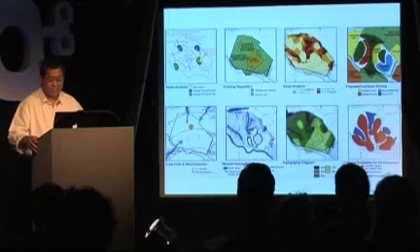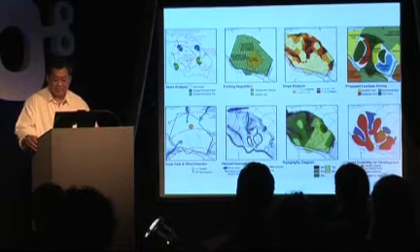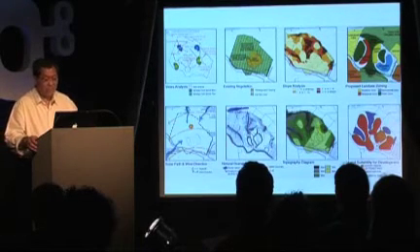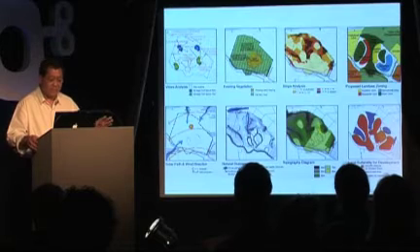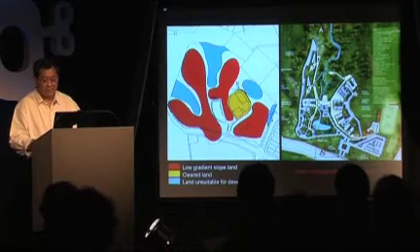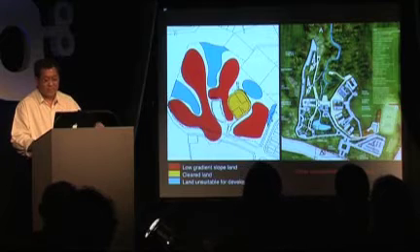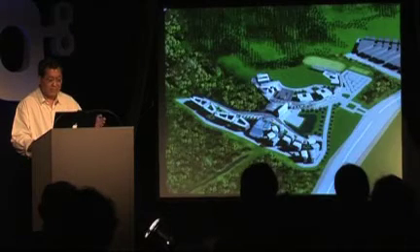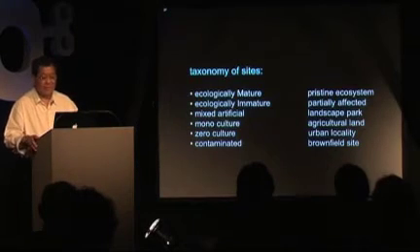Here's an example of what this looks like. This is from mapping that you do and you overlay. On the bottom right-hand side is the composite map that tells you that you can put development, buildings and structures and roads, on the red parts of the site, with a bit more care on the orange parts, but never on the blue parts of the site. So you can see a diagram on the left-hand side and the development that's laid out on the right-hand side. Here's the sort of image of the project.